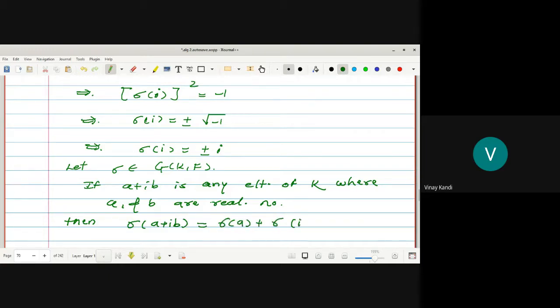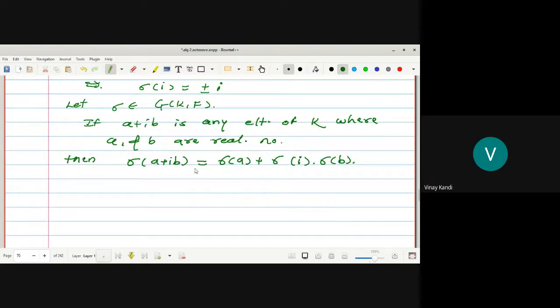Why? Because sigma is an automorphism belonging to G(K/F). It gives us the operation, which is equal to